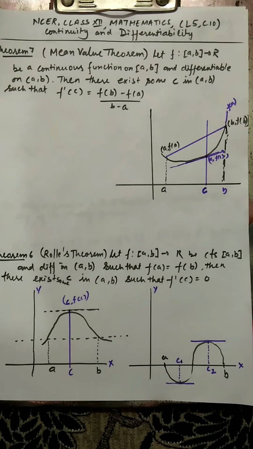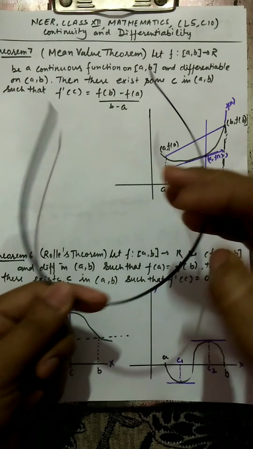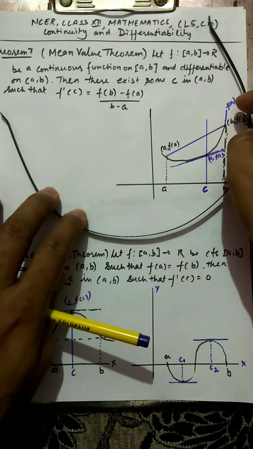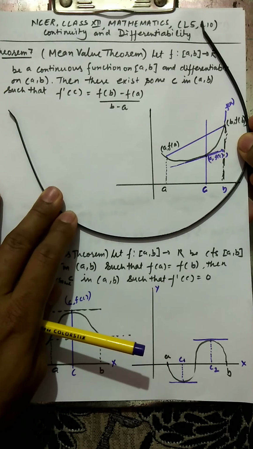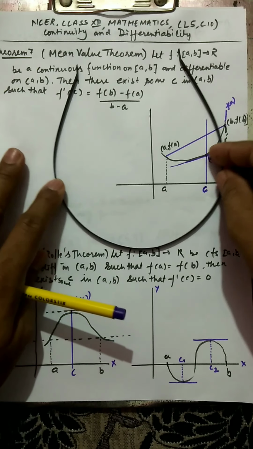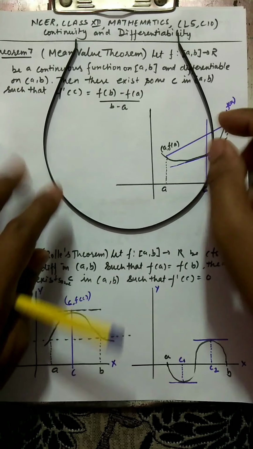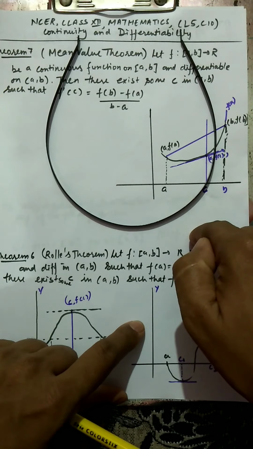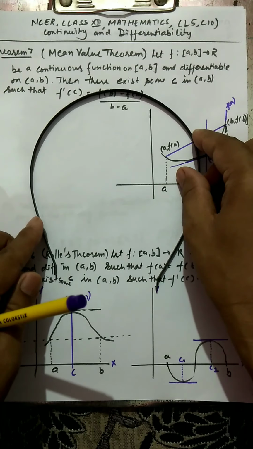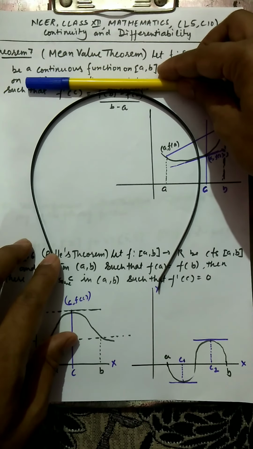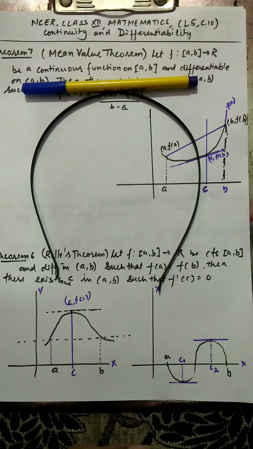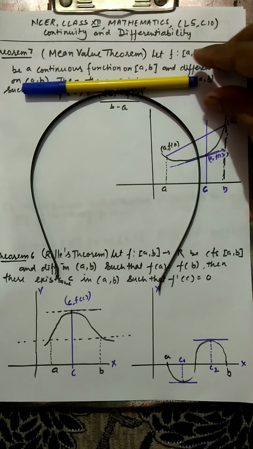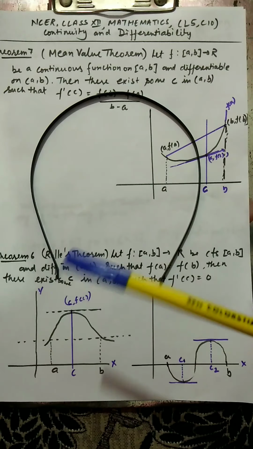Now consider this thing. If this curve, which is slantingly positioned like this, comes into this shape, exactly touching this horizontal line, in a different position where it is horizontal, then you are going to get some different result. And that different result is your Rolle's theorem.